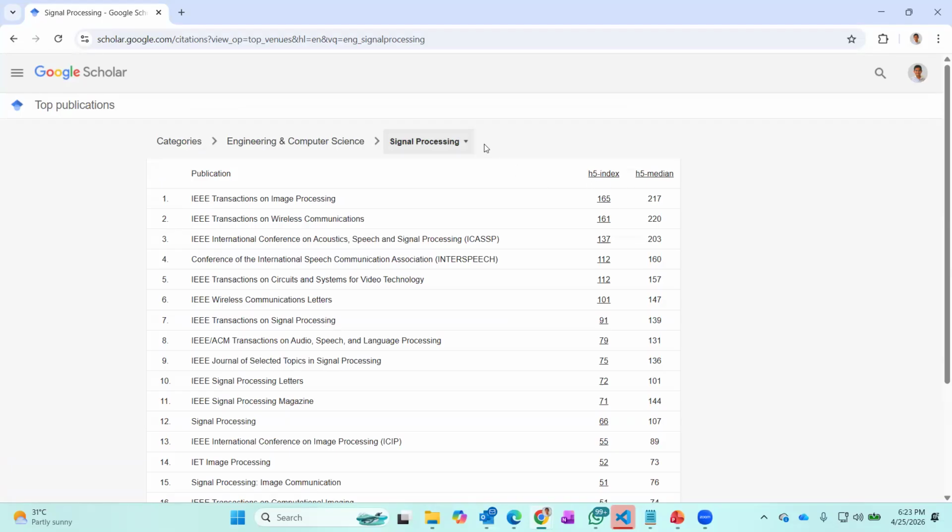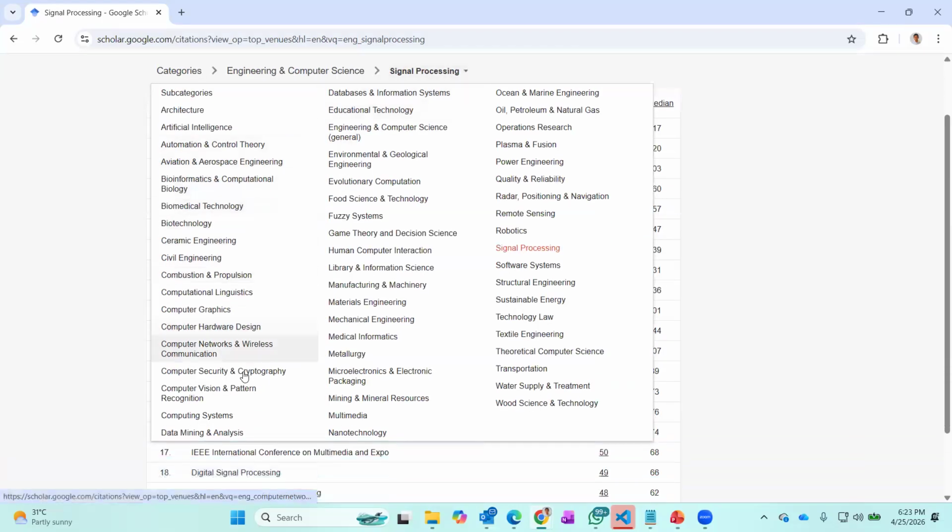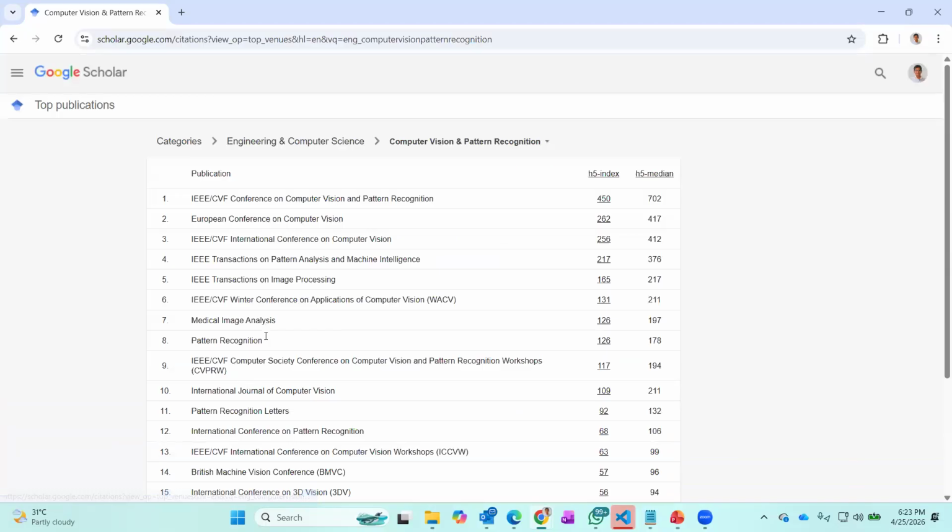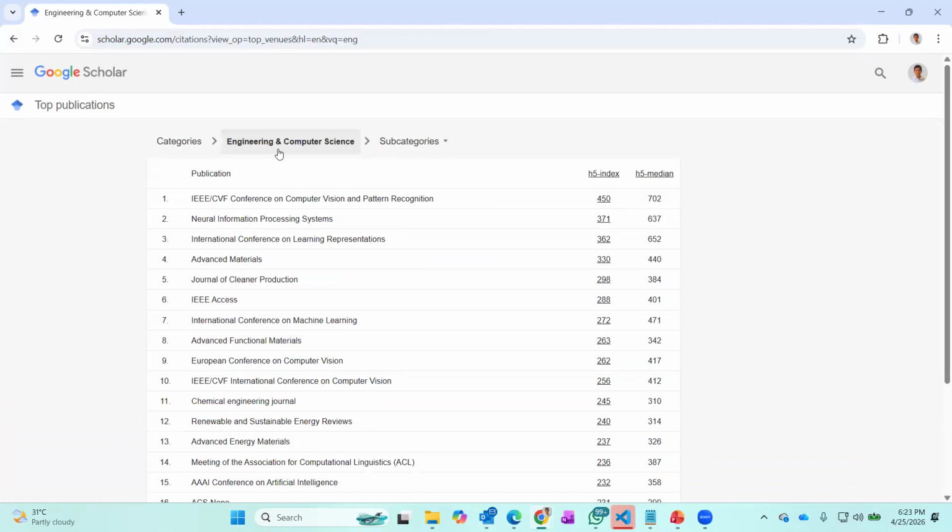You can see the H5 index also. So if your area is computer vision and pattern recognition, which is mine, you can see the CVPR conference at the top with the highest H5 index, and European Conference on Computer Vision, International Conference on Computer Vision, and so on. So I think you can understand how you go into a subcategory and find out the top